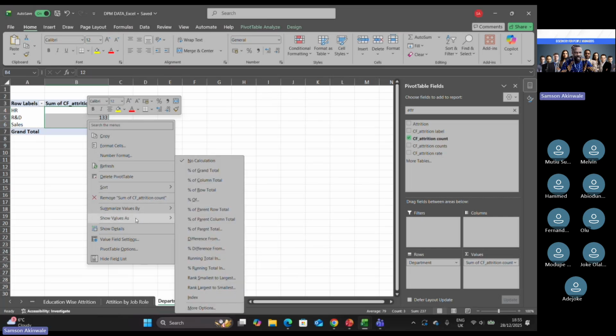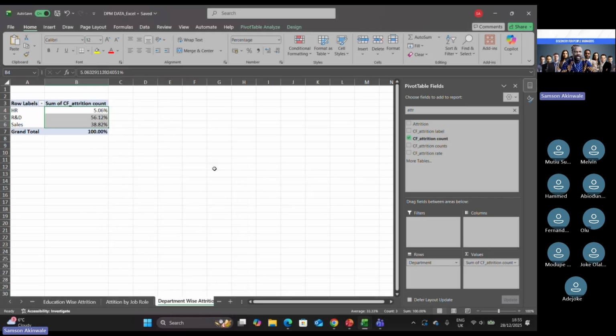Show this value. I right click on that table. So I'm saying that it should show this value as percentage. So I can pick any of these percentage variants that it gives me here. So I want it to be percentage of the grand total. So I pick this and I have 5, 56, and 38, summation of which is 100. So pick these,